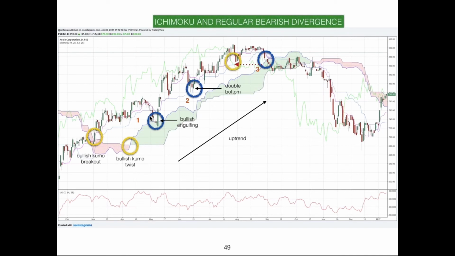Now we need a probability booster. Apart from Ichimoku signals, divergences could also increase the probability that the trend will indeed change. If there's a strong case for bearishness, then we need to sell our position. Now, there are 3 steps to a sell signal. First